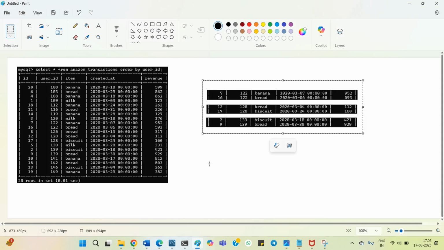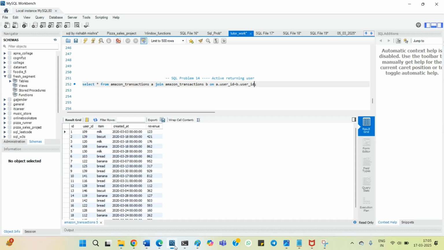I'm showing you this because when I self join, the table will join itself again on the condition of the user ID. If we have two records for a user ID and we self join the table, these two records will already be present in the second table. So from one record it will make one, and from two records it will make four records. If we self join this, we will have more records than the original 20 records. If I hit enter,